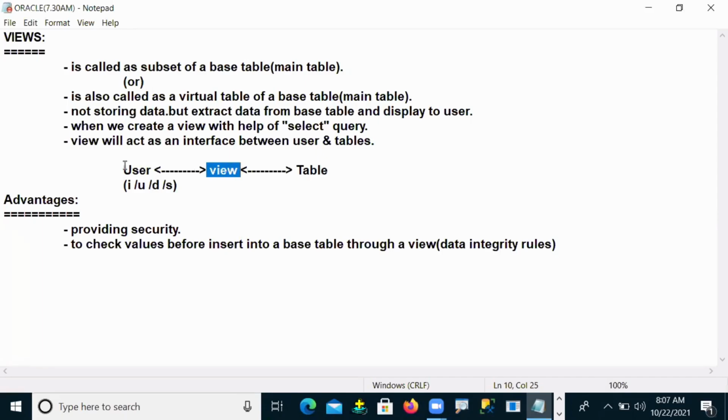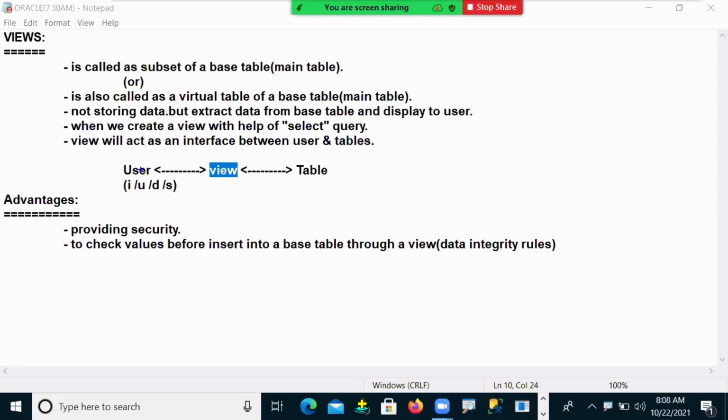Through that, the user can understand: yes, my data was successfully inserted, my data was successfully updated, my data was successfully deleted. So that is what happens. That means you are inserting, updating, deleting, and selecting the data through a view only, but you don't have direct interaction, guys.